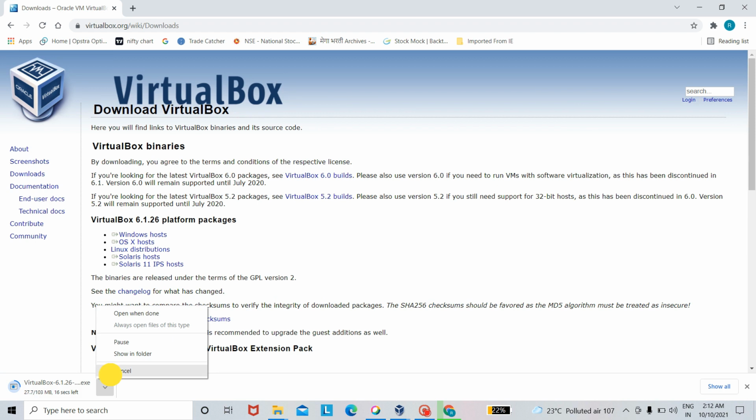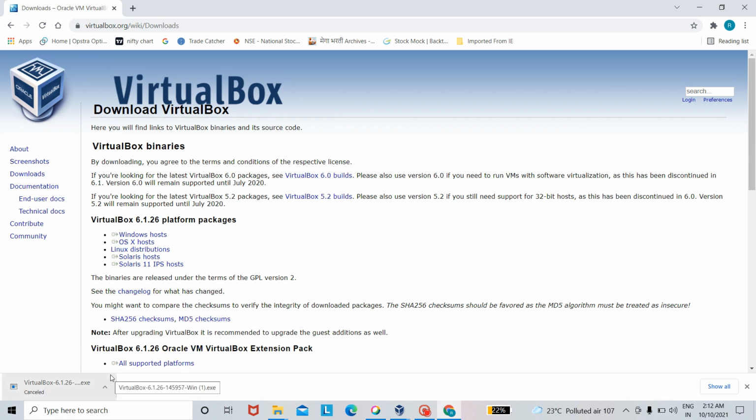I just cancel because I have already downloaded the Virtualbox, and the installation process of Virtualbox is very simple. You just have to click next and the Virtualbox gets installed. So I'm not going to explain the installation process of Virtualbox. Then